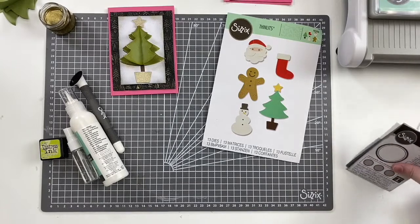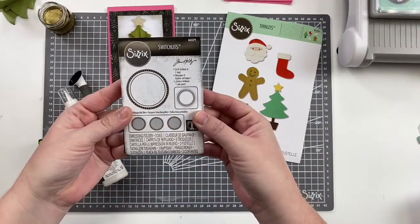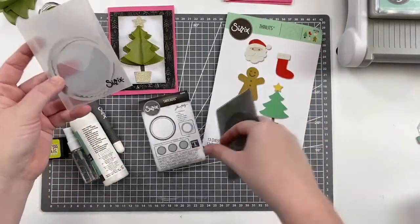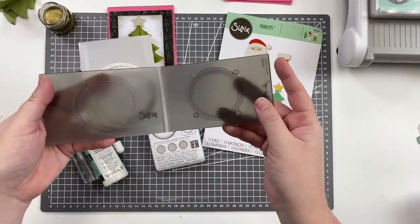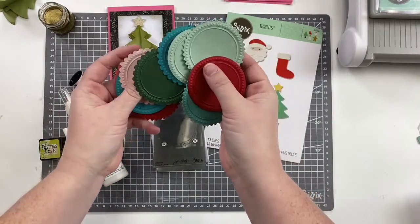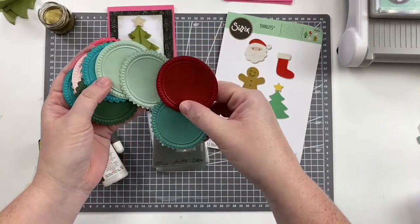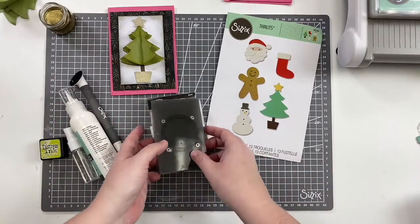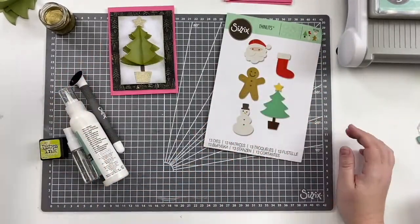I also wanted to give you something with an embossing effect. So if you aren't familiar, we came out this past year with something that's called switchlets. And essentially it's an embossing folder right here, and then it has die sets that come with it that are interchangeable. And I'm going to actually die cut a lot of this on camera, so you'll see how it works. But what's nice about this is you can just cut a ton of different scalloped ones or circles, or there's this nice pinked edge. You can have a bunch of these just made one day and then build your cards from there. I did use this on a different card, so when I get to that card, I'll show you how I did it. But I just wanted to show you that I have it right here off to the side